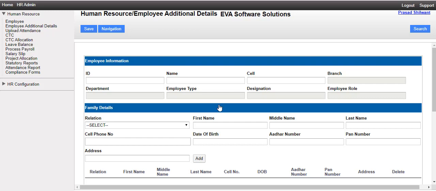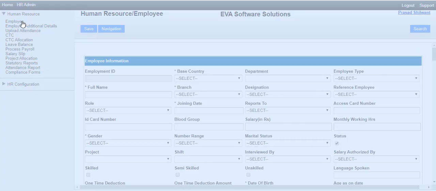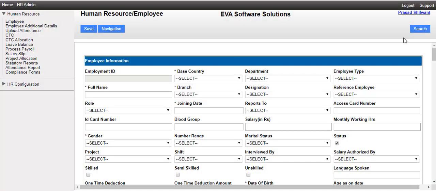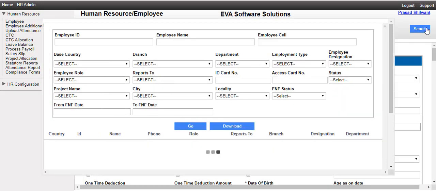Now let's talk about the third part. Suppose you want to see or edit any employee's family detail in the system. So for this, again there are two methods. The first one is from employee page itself. Open employee page, and from employee page, click on search button, and by applying an appropriate search filter, you can search that particular employee. In this video, I will search employee by his name. So I will select Ajit Singh as I have captured his family details earlier. After selecting employee name, I will click on Go button.